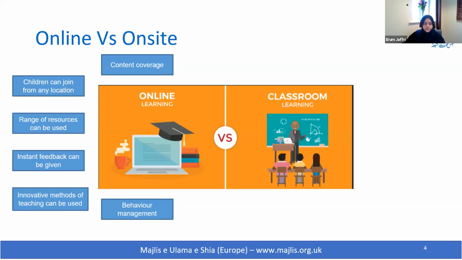A lot of innovative methods of teaching can be used. So again, linking into those resources, you can have a variety of activities and methods that you can use. And also one of the big things is behavior management. Obviously, it's much easier online. You have a lot of behavior management issues, obviously, in the classroom. If you're in control of your online classroom, you can definitely keep on top of it, you really shouldn't have behavior